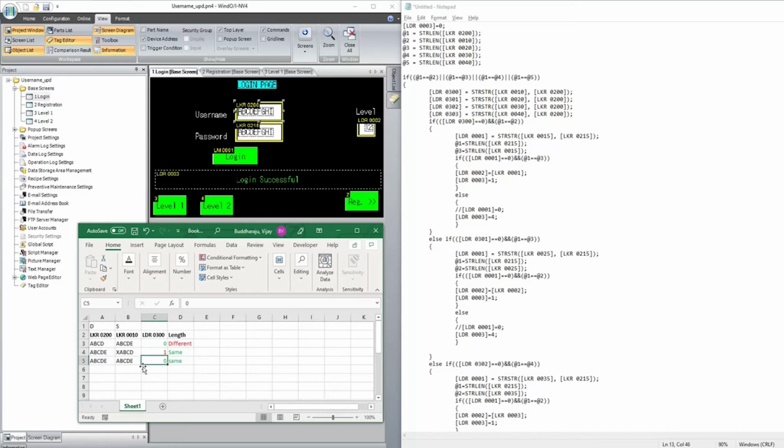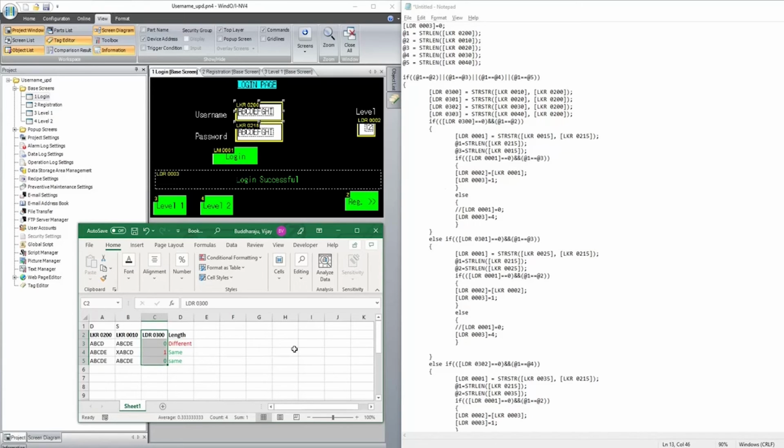Here I am just checking, length is same, starting location is same, 0th location of ABCDE, and the lengths are also same. So these two conditions should match for the next process. So what I'm considering here, I'm taking the str, this one, and the length as well. Length already we have considered here. I'm matching 1 with 2. That means 1 with 2. So this should be an AND condition. Once this AND condition is passed on, then it will move on to the next criteria, that is password.